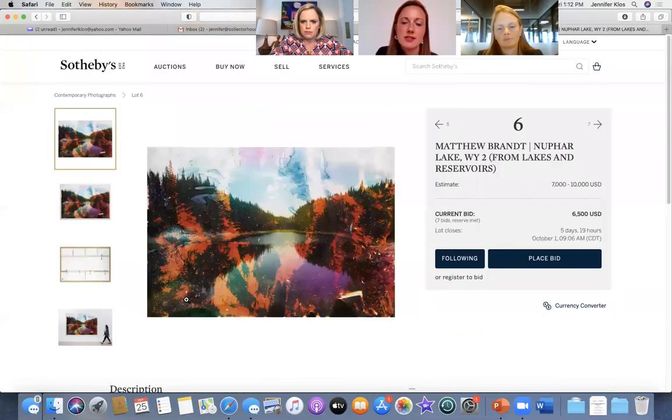Unless otherwise stated in the cataloging, everything is sold subject to a reserve. Reserve being the lowest price at which a lot will sell. And where it is noted that a lot is selling at no reserve, the bidding literally starts at $1. And those tend to be very exciting, frankly, because the bidding gets very active and quite a frenzy. But that's just to say there's a huge range of price points in any given auction, but certainly within both